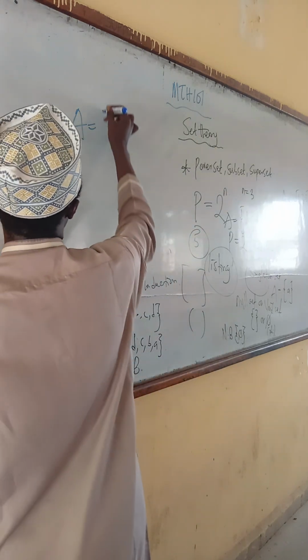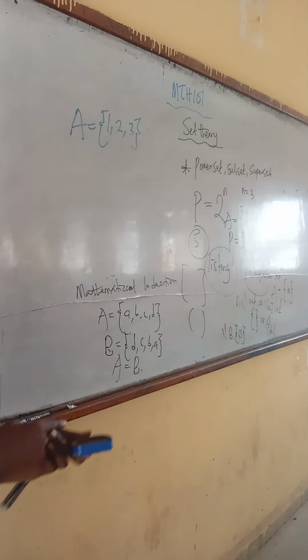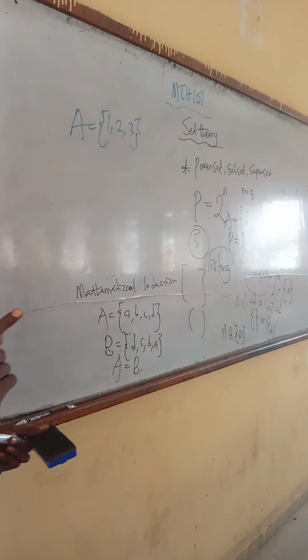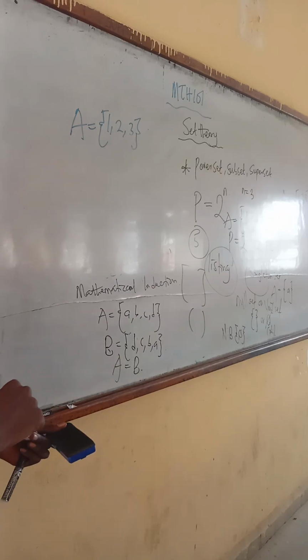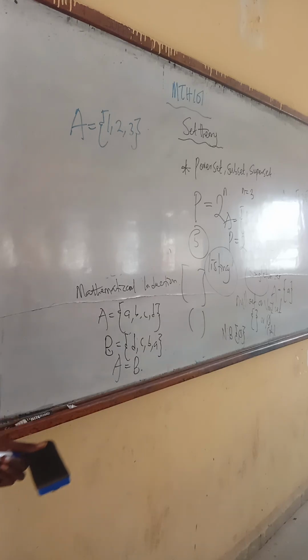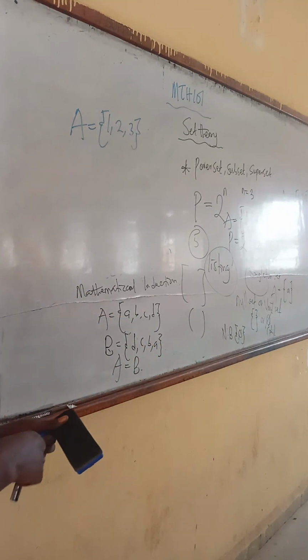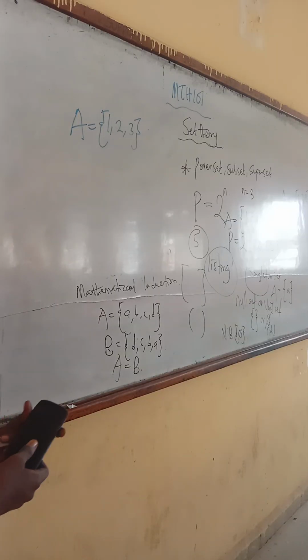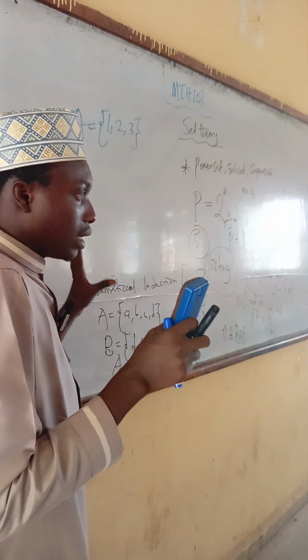So I write A equals to {1, 2, 3}. Empty set is a subset of what? Every set. Comma. The set in question is a subset of itself. Are you getting it? It's a subset of itself. So for a single set like this, if you are dealing with single sets, it's always